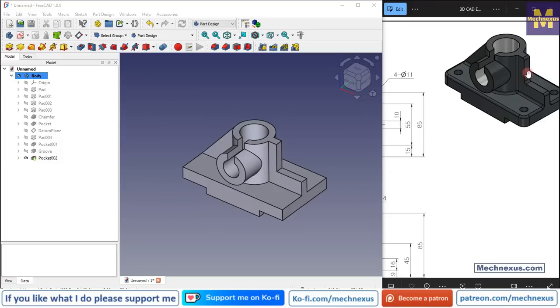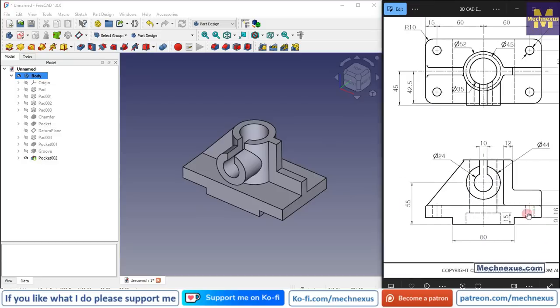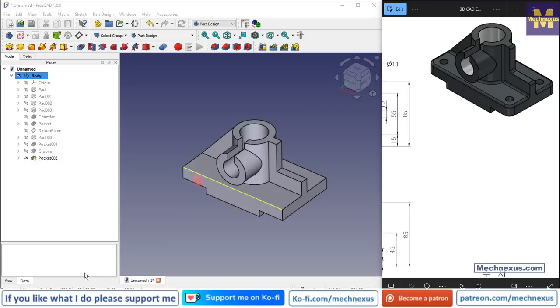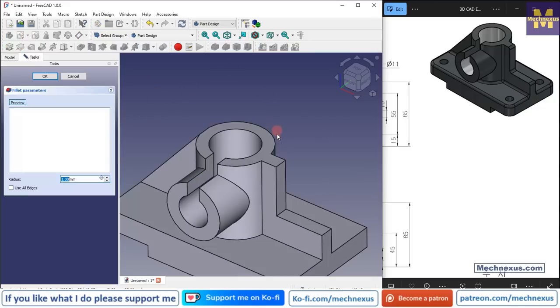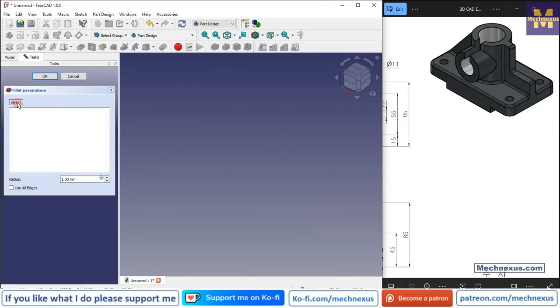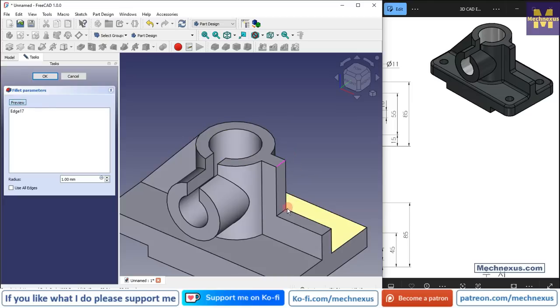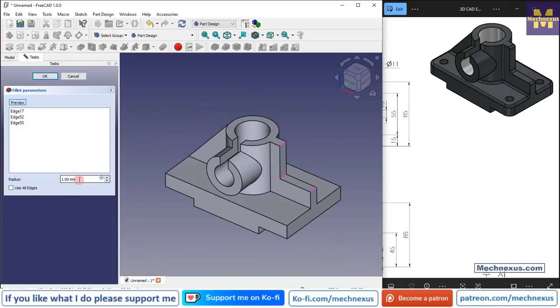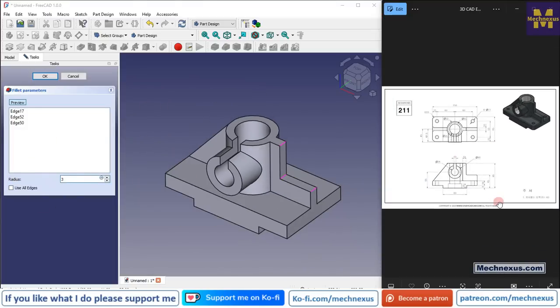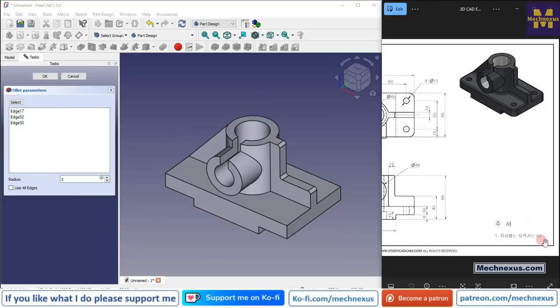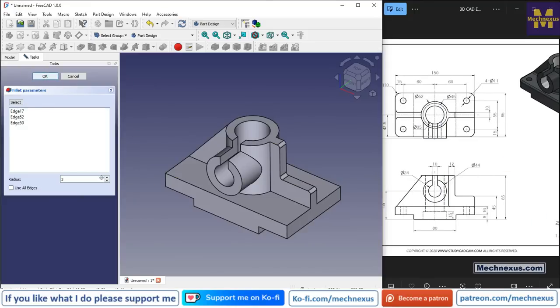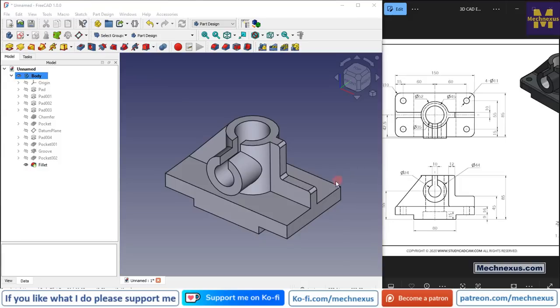Now here is a fillet of R3. It is a common fillet. So let's give the fillet. Click on the fillet options, select this edge and this edge, and provide the value of R3, because here is a given all unspecified fillet R3. Say OK, and now we will give more fillet